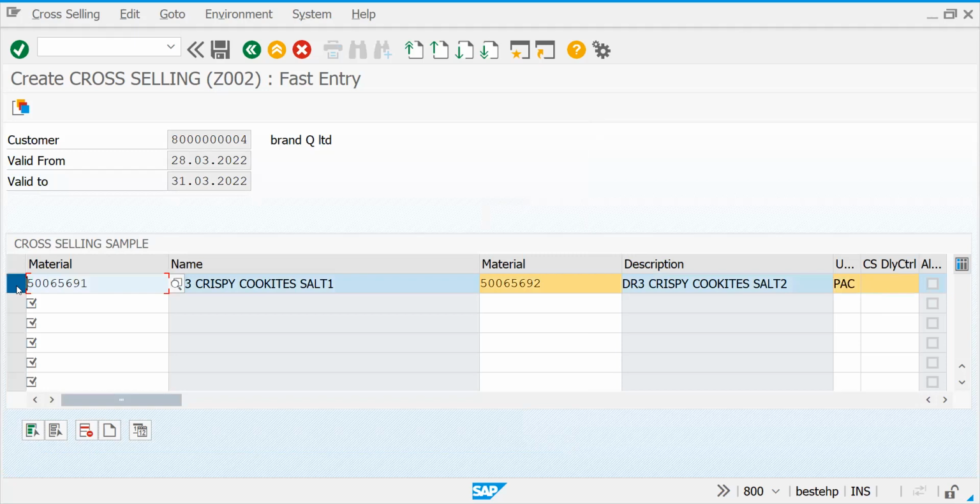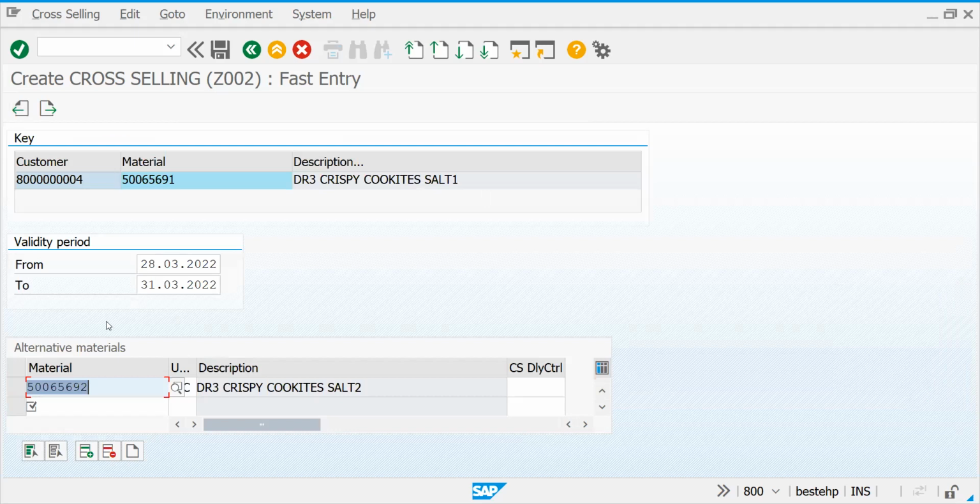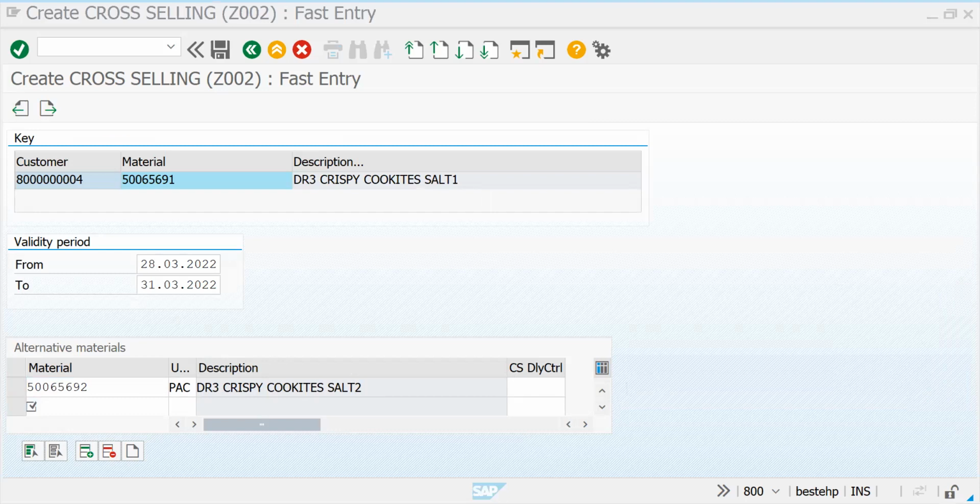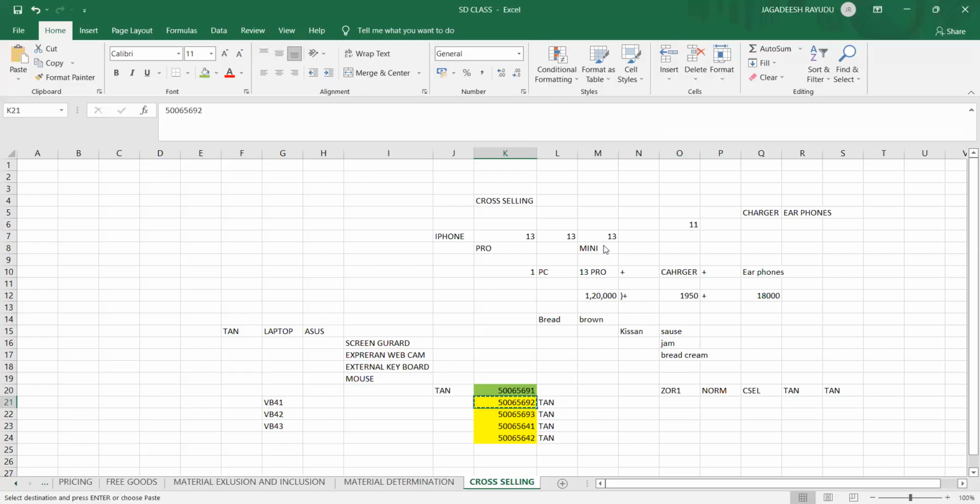Now if you check this, here you can see the alternative materials. So if I buy 91, it ends with 92, it is showing. If you click this one, along with this you can add all your products. Okay. Let's go to the Excel. So 93, 41 and 42.